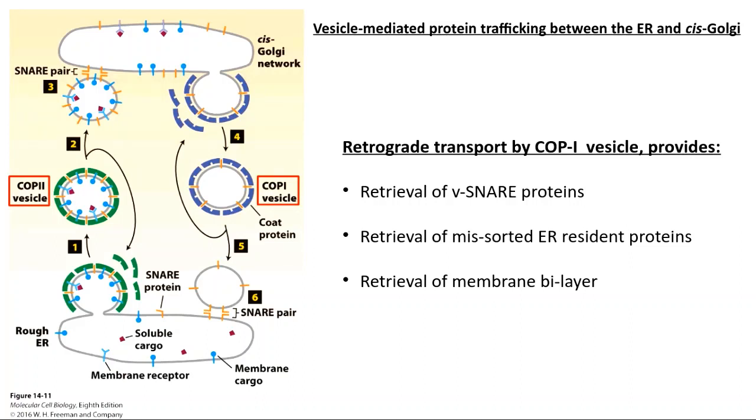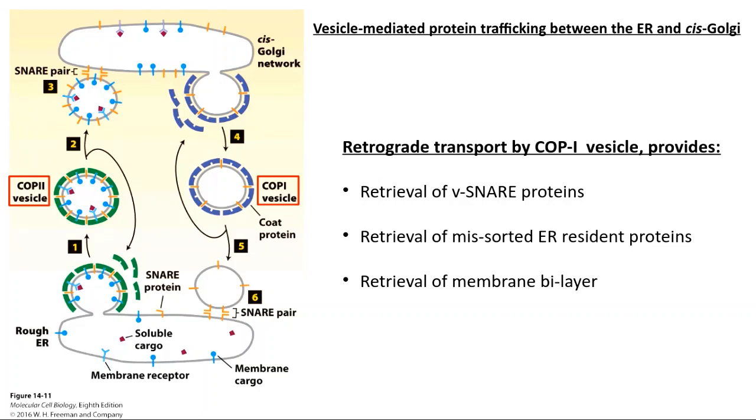Basically, it gets pinched here. We'll discuss that later. It buds off and forms a complete vesicle. The COP2 coat gets depolymerized to expose these V snares. The V snares combine with T snares, and then this vesicle fuses with the target membrane, in this case,